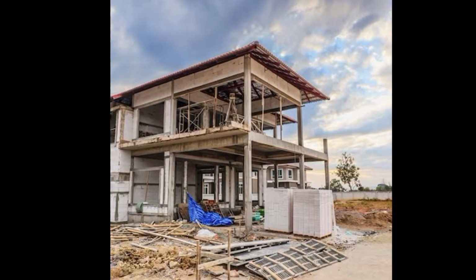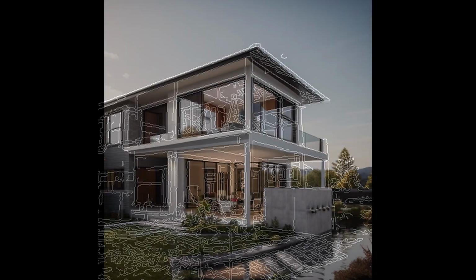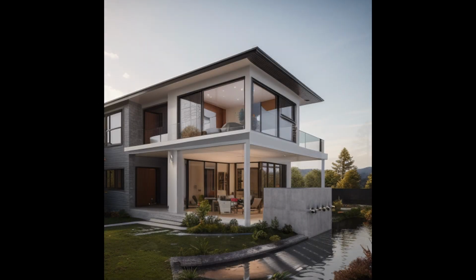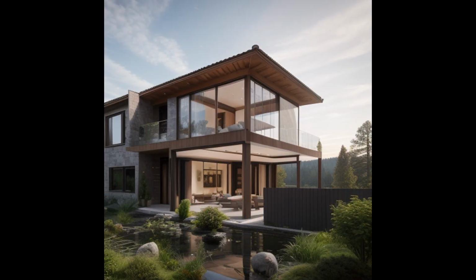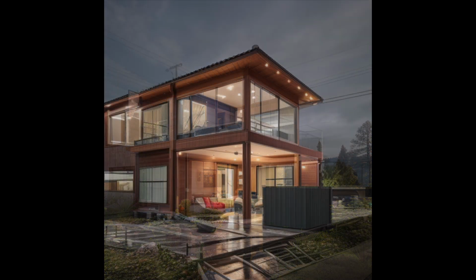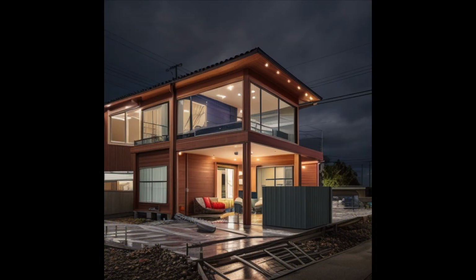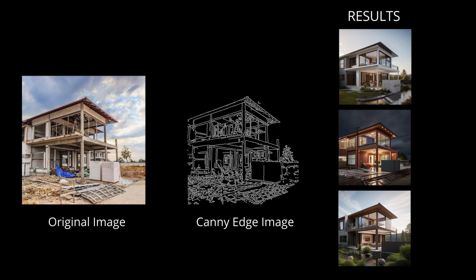5. From site photos to contextual models. Using site photos, Canny edge detection helps capture natural and urban surroundings, including trees, nearby buildings, or land contours. This allows architects to design buildings that fit harmoniously into the existing landscape and visualize how structures integrate with their